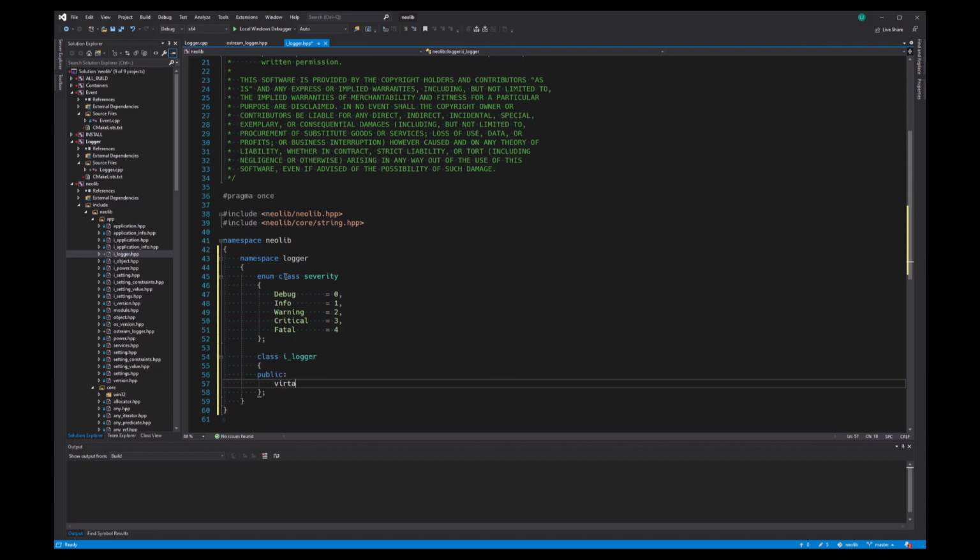So that's our virtual destructor defined. Now we need to be able to set the severity filter of the logger object. So severity,